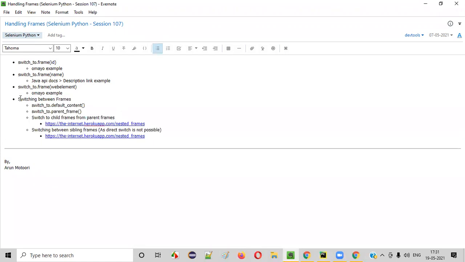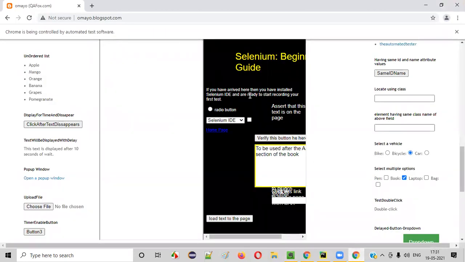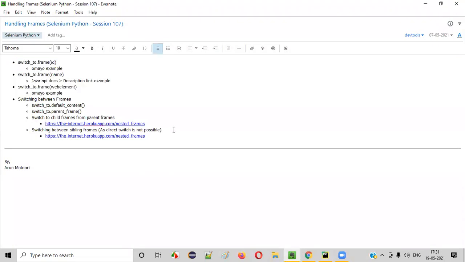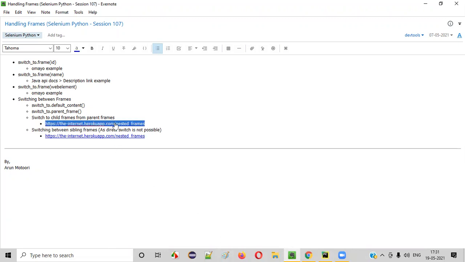Now, let's move into the advanced topics of frames and how to handle them in Selenium Python. So the frames concept is not as simple as whatever I explained till now. This is a simple frame, guys. Inside the frame directly the link is there, but there are more complex frames. Let me explain those frames for you. So I'll go to this application, guys. This application has these complex frames.